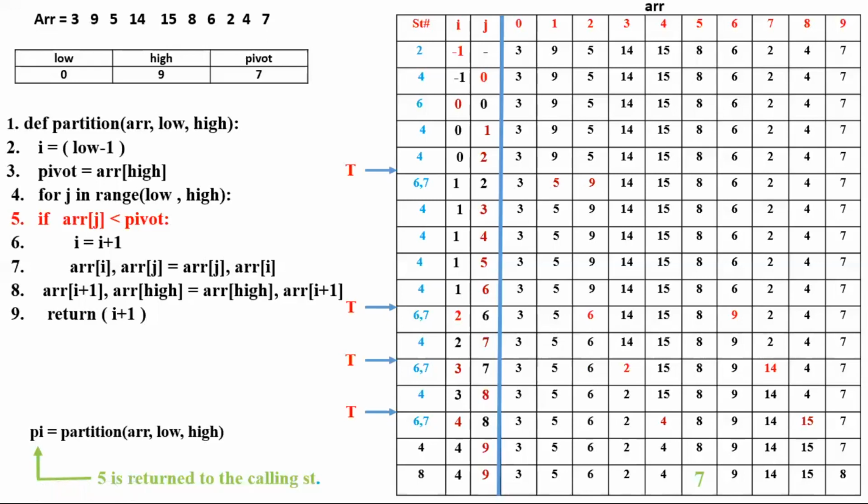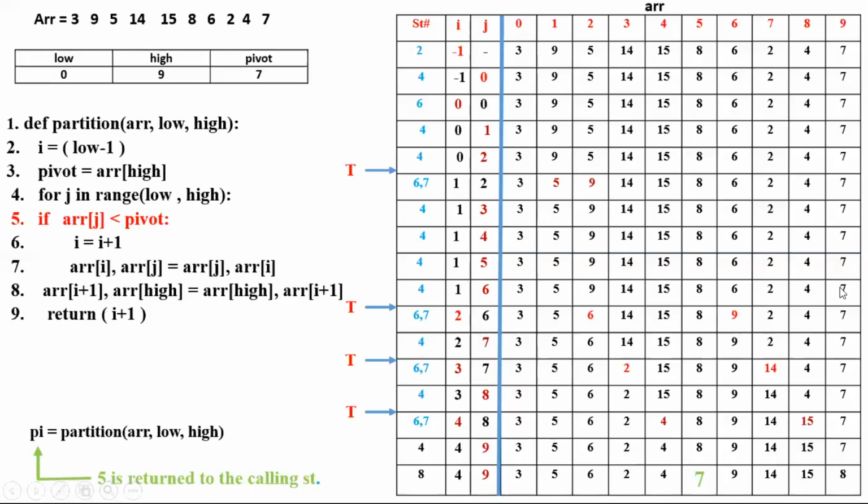Now array sub 3 is 14. 14 is not less than 7, so again we increment j. Now we compare 15 with 7, 15 with the pivot. The condition is false, so we increment j. Now 8 is not less than 7, we again increment j, 6. We compare